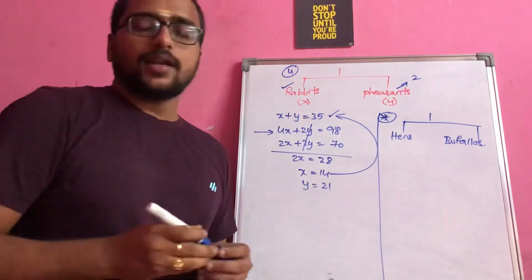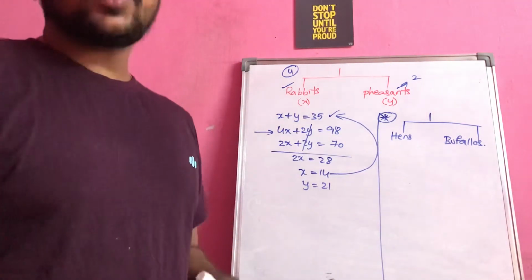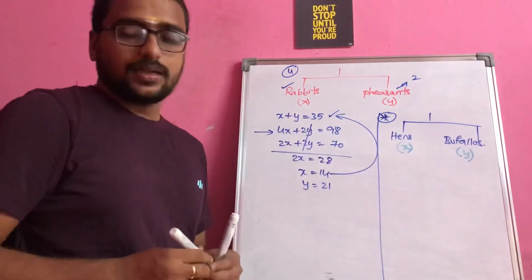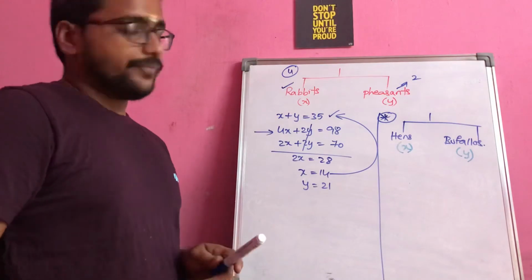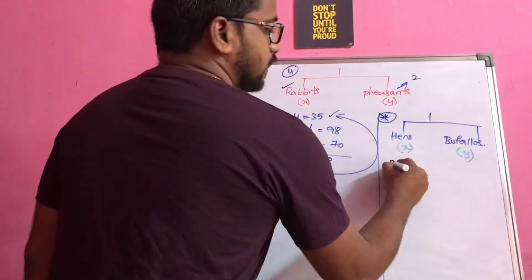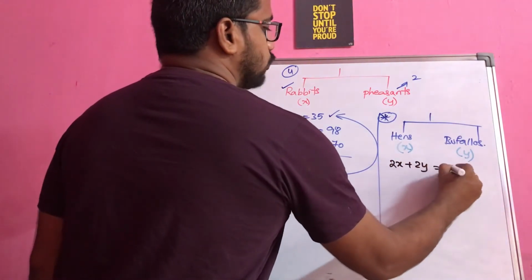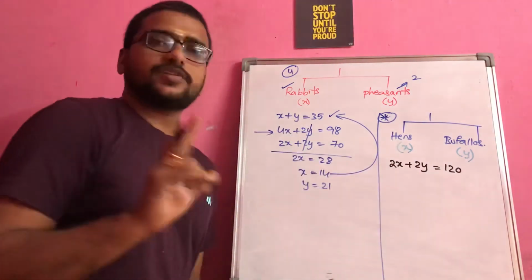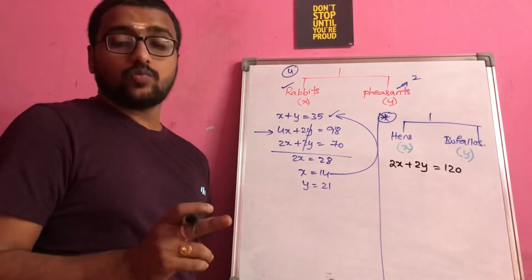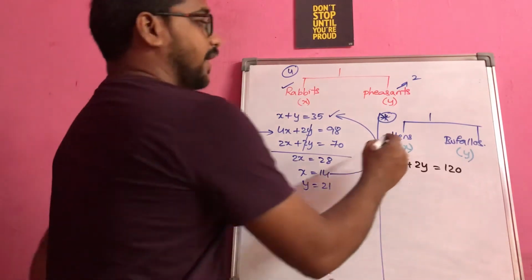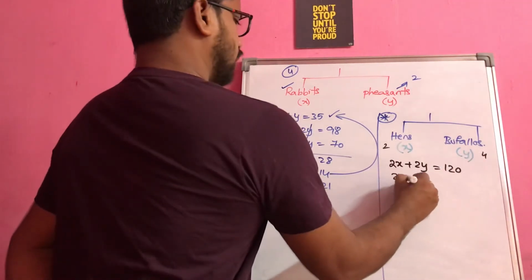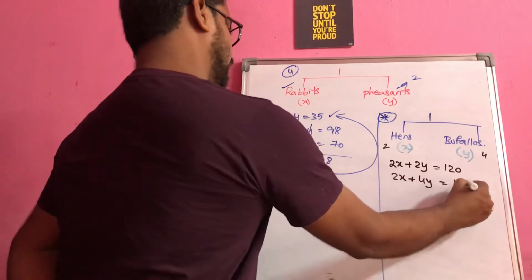Right? Now you see, he is saying 120 eyes are there. Let us say hens are x in number, buffaloes are y in number. Now 120 eyes they are saying. So 120 eyes in the sense hens will have 2, buffaloes will have 2. So the first condition will be 2x plus 2y is equal to 120. This is the first condition because they are saying 120 eyes. And another information they are saying is 180 legs are there. For hens we will have 2 legs and for buffaloes we will have 4 legs. 2x plus 4y is equal to 180.